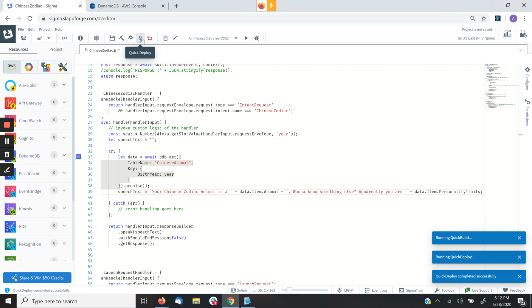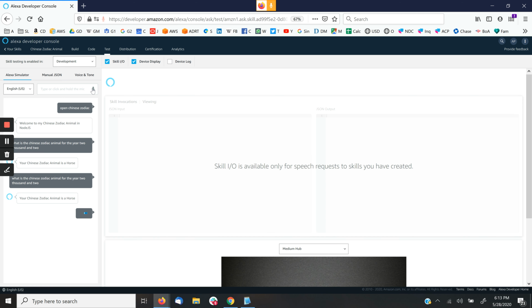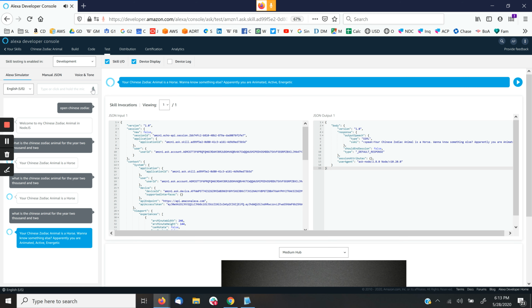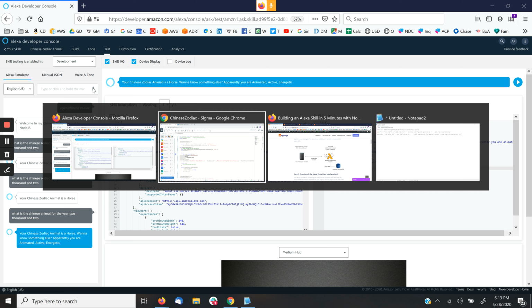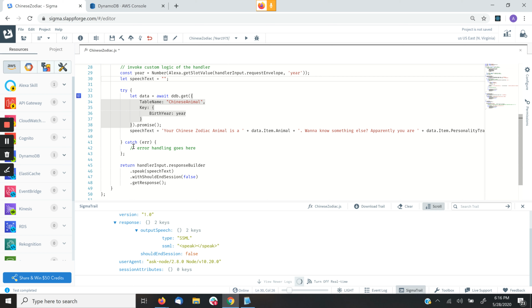1, 2, 3. What is the Chinese animal for the year 2002? Your Chinese zodiac animal is a horse. Want to know something else? Apparently you are animated, active, energetic. Okay, so let me ask the zodiac animal for a year which is not in the table, and actually it will come into this catch error block which I have not defined. So let me change that to